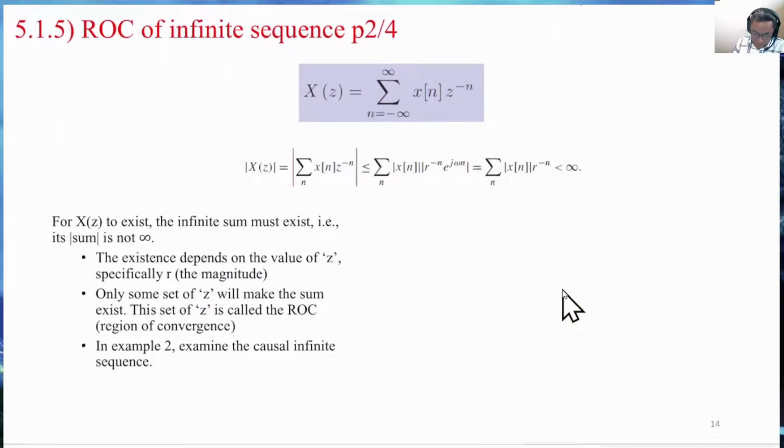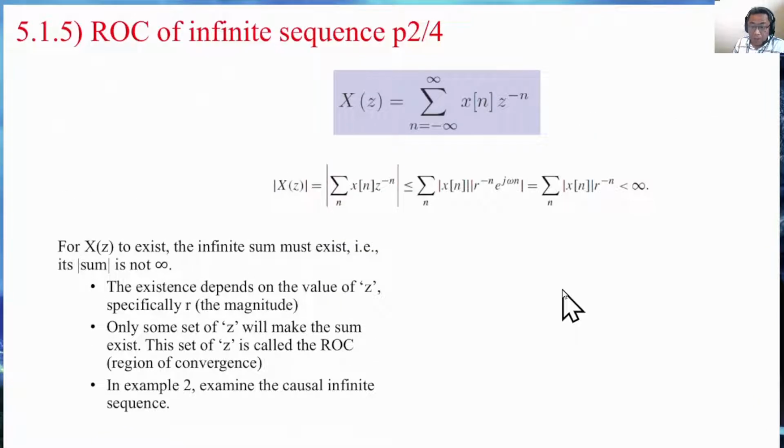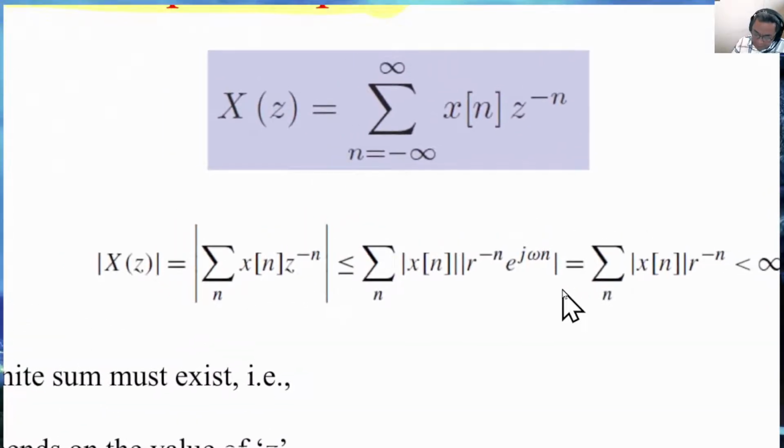So the proof is on this page. Right, sorry, for this page we are talking about infinite sequence now. So for infinite sequence, let's begin with the bilateral z-transform again. And the first idea is that we're going to take the absolute value, and we are saying that the absolute value of this sum is less than or equals to absolute value of, by taking the absolute value of xn multiplied by absolute value of